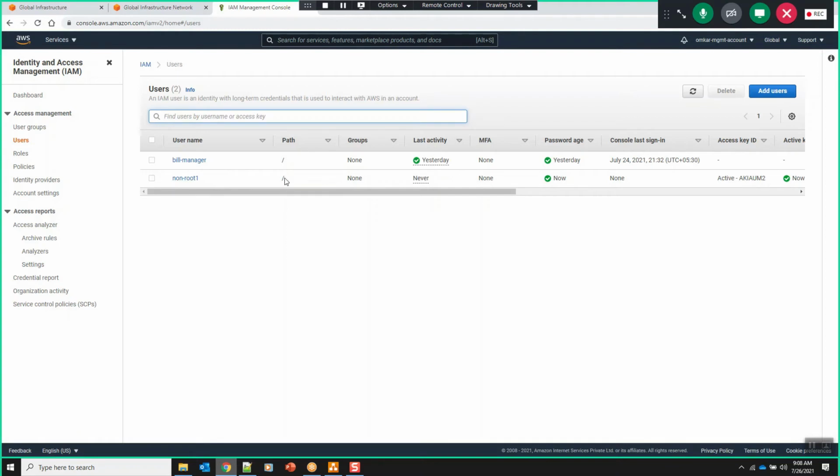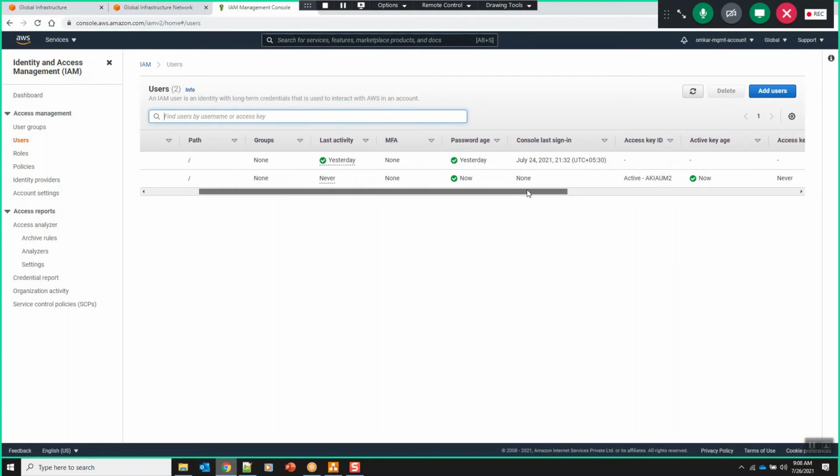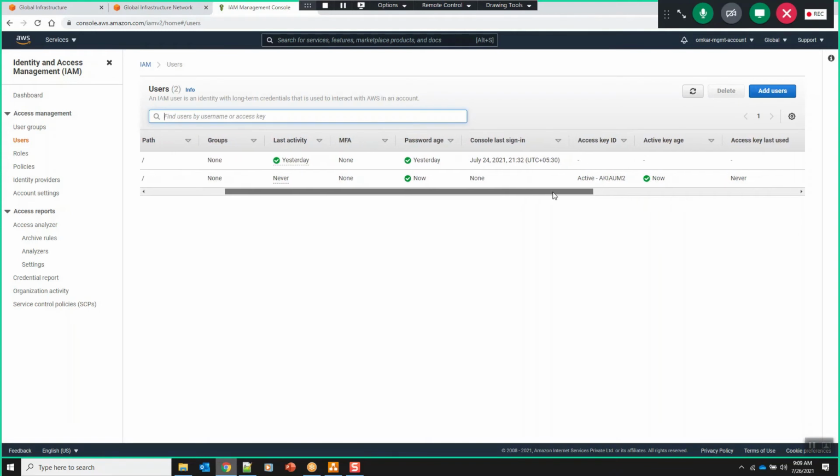And if you look, AWS is very good. It is providing a lot of information related to the users. If you look at these columns, it is saying that the user doesn't belong to any groups. And if you look at the last activity, it is showing never, because we didn't use it, right? And looking at the password age, we just now created it, so it is saying now. Because we can set some password policies, or password expiration policies, so that the user is forced to reset the password every now and then, because there could be a chance that the credentials could have been stolen by someone and they misuse them, right?